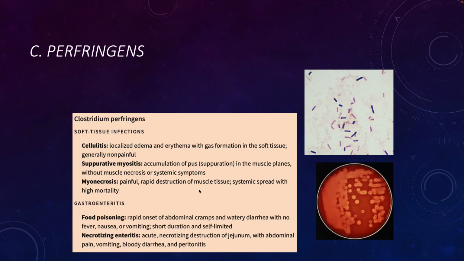Our next Clostridium species is Clostridium perfringens. This is one that is often associated with gas gangrene or a soft tissue type of infection or gastroenteritis. And both of those things can be very nasty. What we see here is that intermediate gram staining where sometimes it's gram positive, sometimes it's gram negative. And then of course, if we have it growing on blood agar, we see that it can be beta hemolytic.